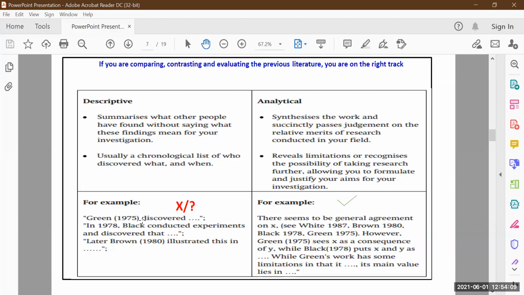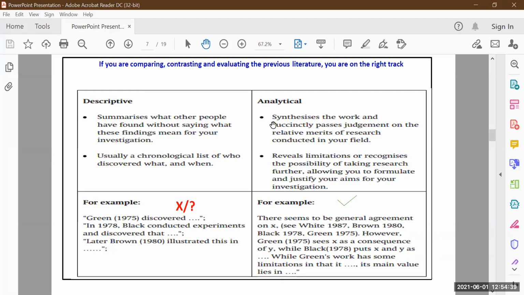Another way is the analytical method. That means you are going to write the literature review in your own words and come with some sort of analysis of the papers. Analyzing that paper, putting some concept out of that which may give a direction to your research or your literature survey.